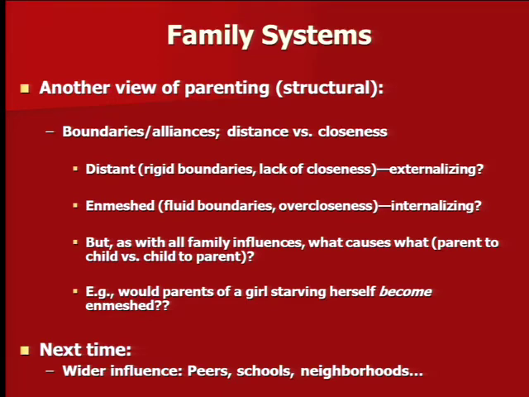Similarly, if you've got a 14-year-old daughter who is progressively exercising 5 hours a day and eating a few wheat thins and not much else, you might tend to get pretty involved in her diet because she's going to starve herself. So did those family boundaries, those enmeshed, loose family boundaries, that over-involvement, precede the eating symptoms, or is it a response to them? The only way you'd know is to do what? Study families before the onset of these problems, follow over time, and see which produces which. It's a good example of what? Transactional processes. A lot of what we thought we used to know about families, well, of course, families are the cause, and if they act this way, the kid will act this way. Maybe, as we said last time, families are actually responding in this bidirectional reciprocal process.